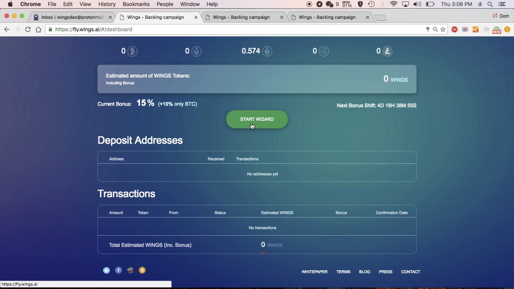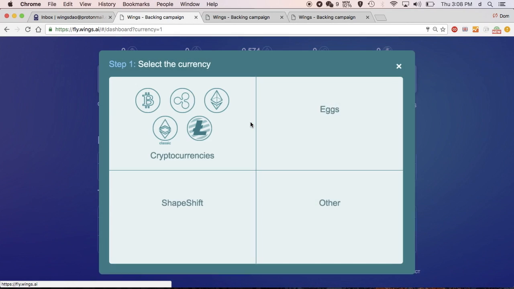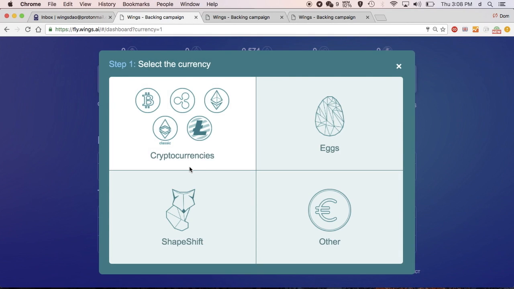So now on to how to actually donate into the donation-based crowdfunding. You're going to click the Start Wizard, and there are 4 options that are presented. The first are the 5 major currencies that Wings Foundation is accepting. The second is eggs, which is the accounting system that we use to allocate